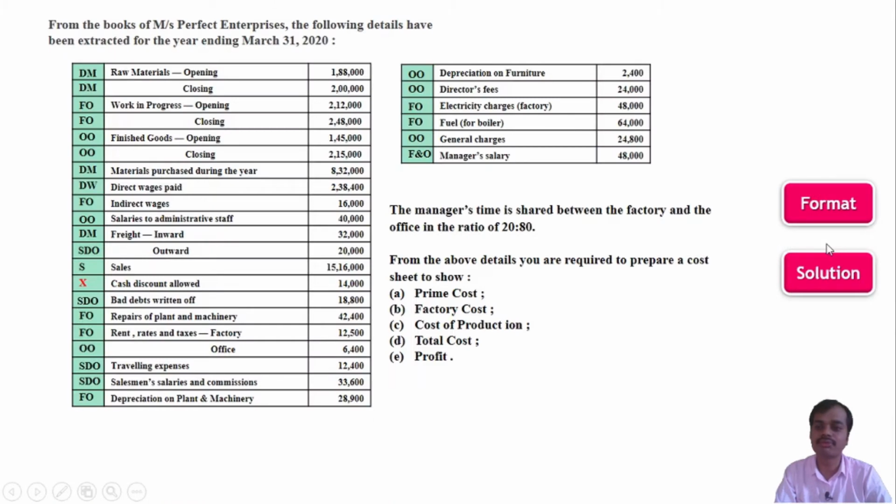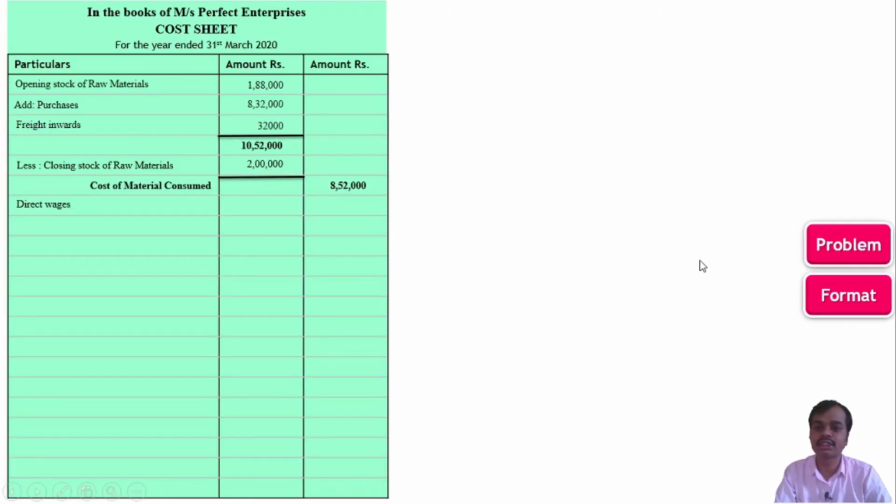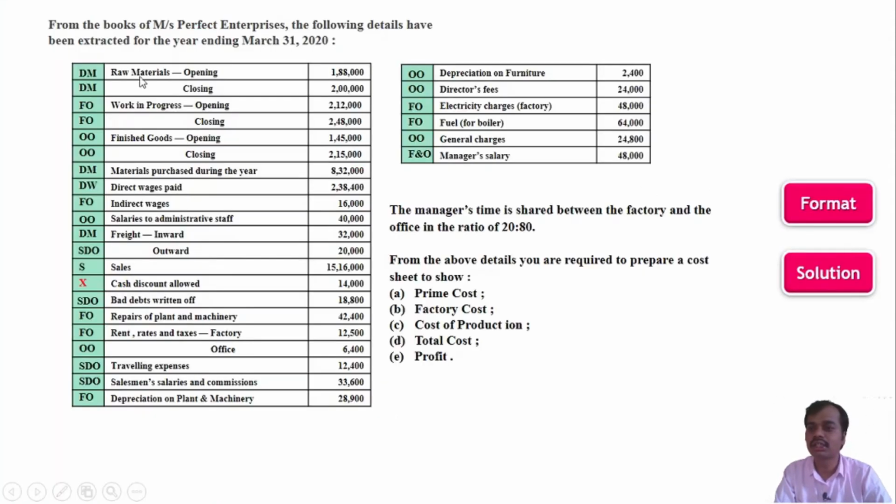In this cost of material consumed we have to add direct wages. In the problem the direct wages paid is given 2,38,400. Let's take direct wages 2,38,400, and then we have to take direct expenses. But let's see, is there any direct expenses given?